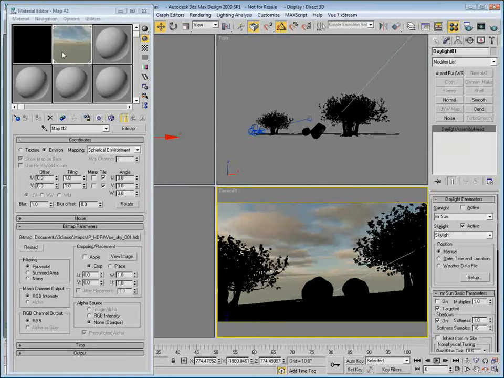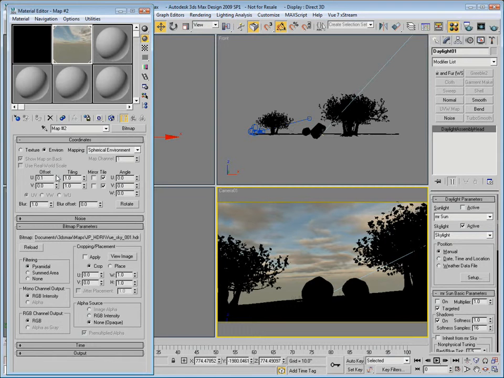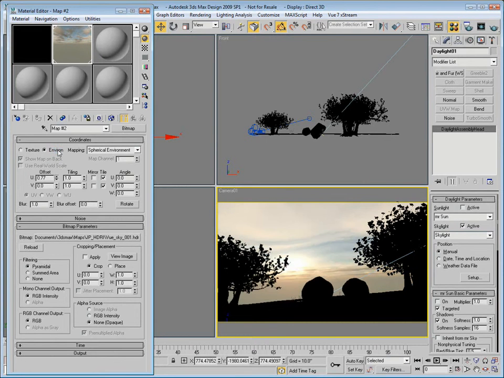And of course, since I'm using this HDR in the environment, if I wanted to rotate, you can actually animate this and kind of give the illusion of movement here. But you can rotate this around to find the view that you're looking for. And if I want, say, the sunlight here,